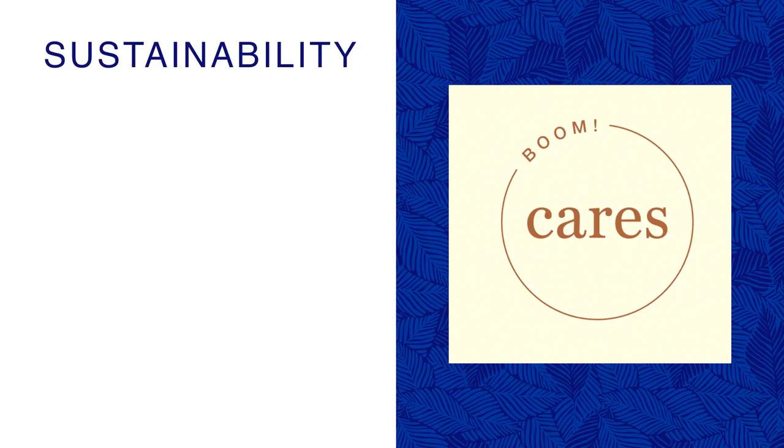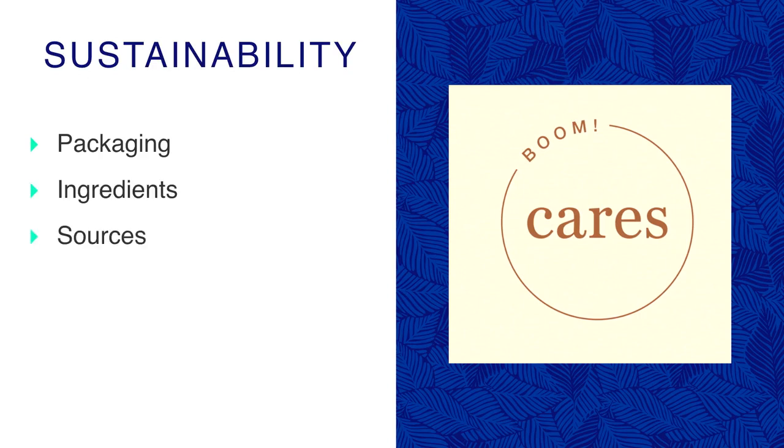The first one I'm going to share with you is our sustainability pillar, which I talked a little bit about before, and that's about our packaging, our ingredients, our sources. So where are our packaging and our ingredients coming from? Who are the people behind it? How we're changing. We actually just went from a plastic bottle for a few of our skincare products to a sugarcane bottle for a few of our skincare products. So we shared that, right? Our packaging got upgraded. We started using a more sustainable, eco-friendly packaging.